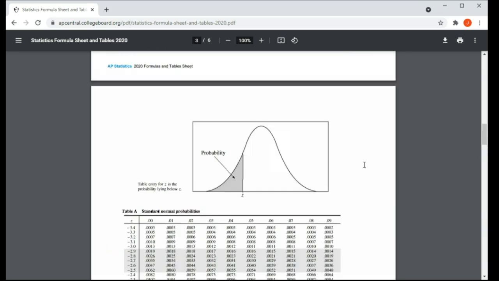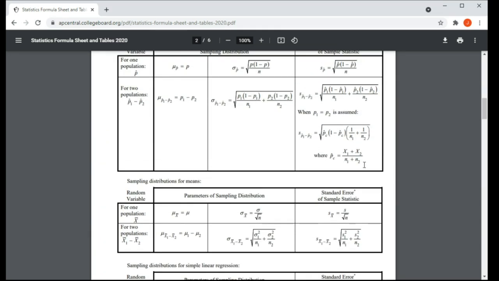Formula sheet. There's your standard deviations, all right here. If you're asked to describe a sampling distribution, here's your center, your population proportion or mean. Here's your spread, and the reason we can use that is because of that independence condition: reasonable to believe that our population is 10 times the sample size. So center, spread, and then your shape for a sampling distribution is almost always going to be approximately normal